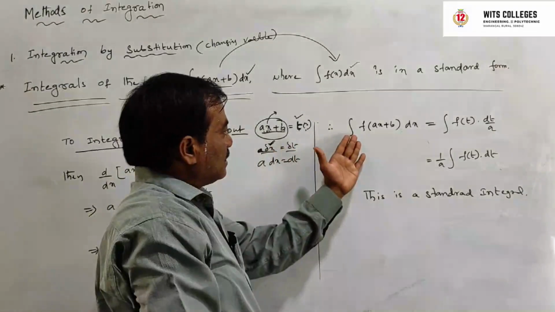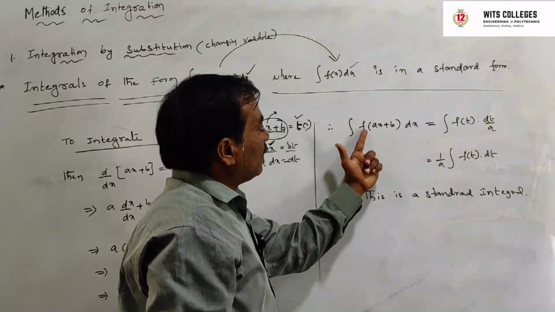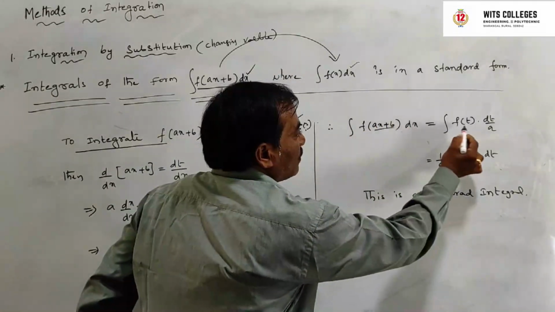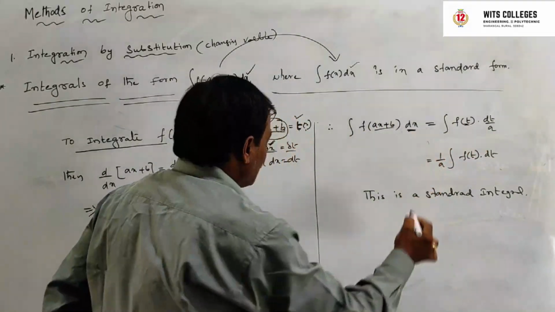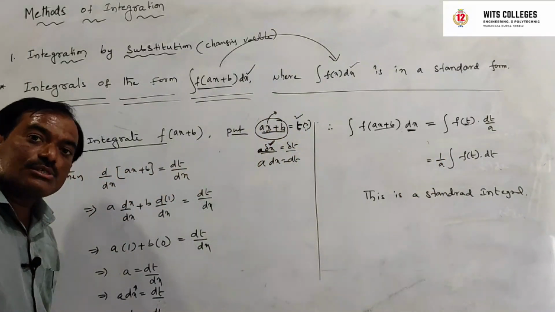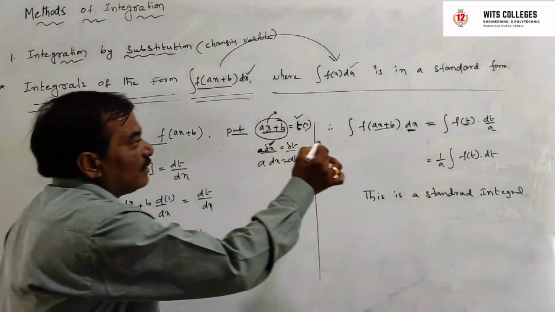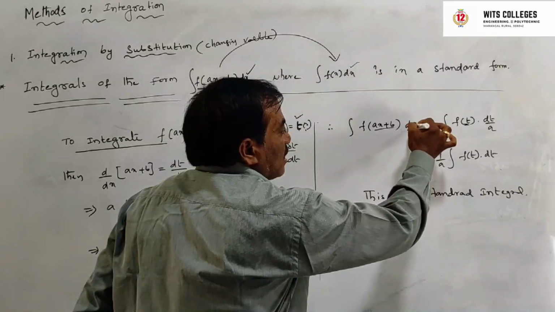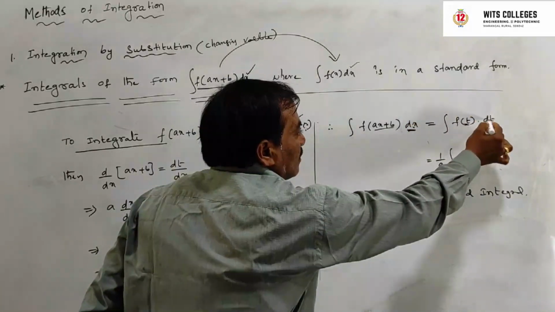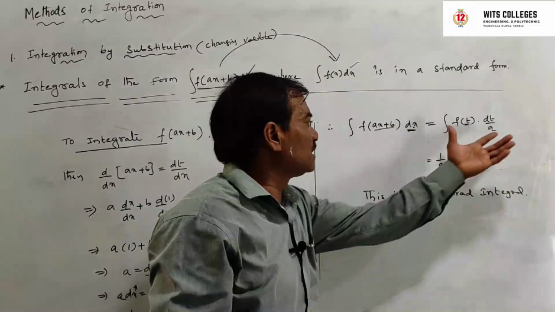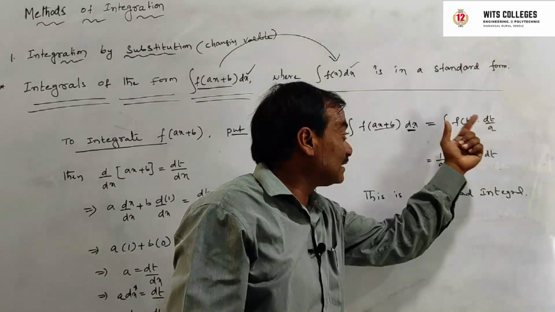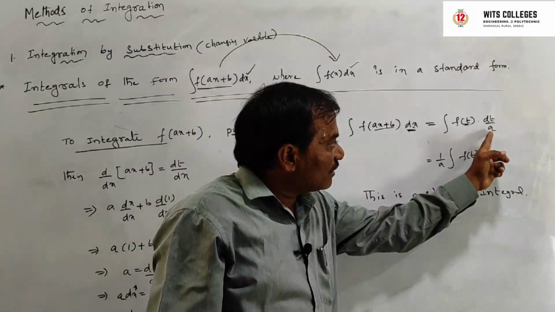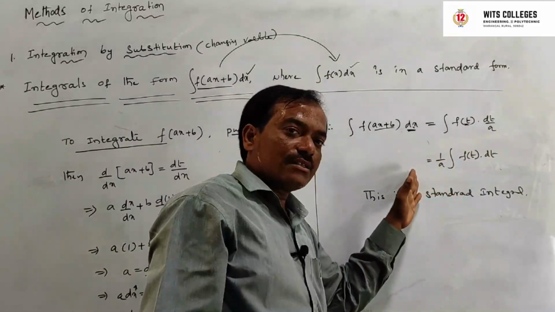So this is the given integration, integral of f of ax plus b dx. Yes, we have to put this value equal to t. So therefore, what is the dx value? dx equal to dt by a, meaning dx also changes. Now this is the integration with respect to t. Why? Because this is a function of t. Here 1 by a is a constant, so that's why we shift it outside the operator.